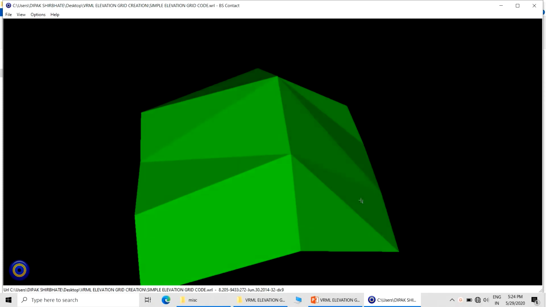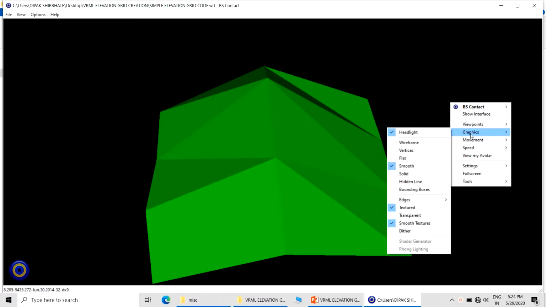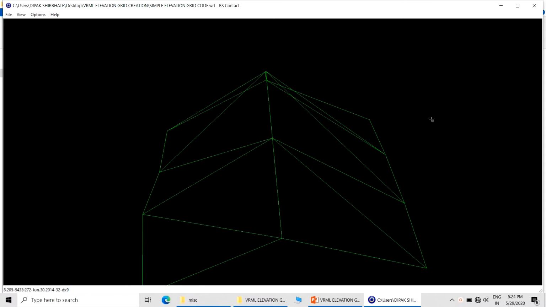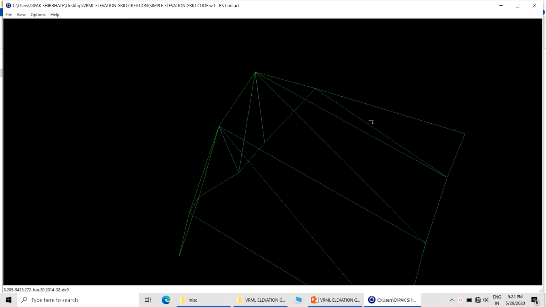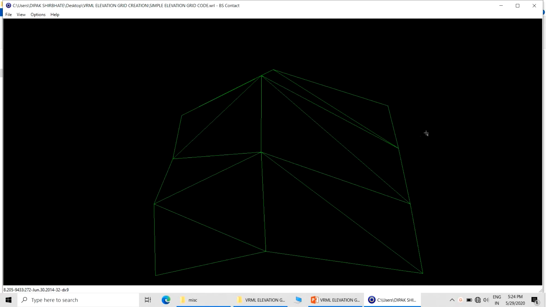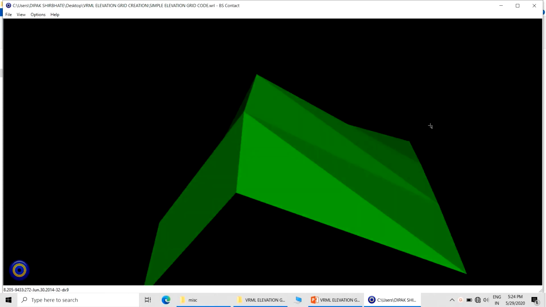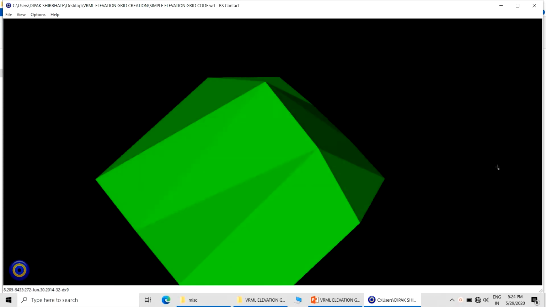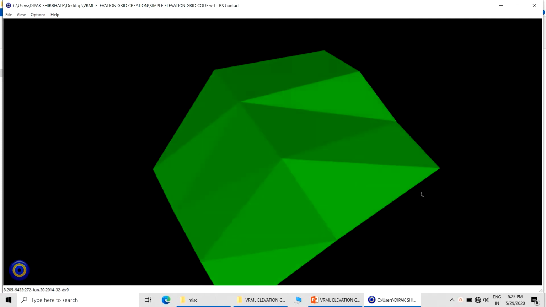Now the output of the code that we have just seen is like this. You can see that here we got the elevation grid. That was a very simple code, and you can see that there is a plane structure which has been given some heights. It is just like a cloth which we are pulling from different sides to a specific height.